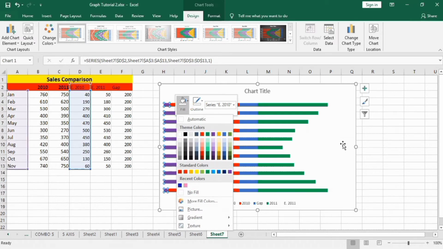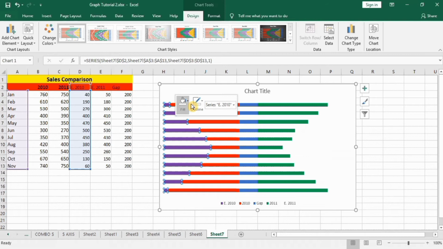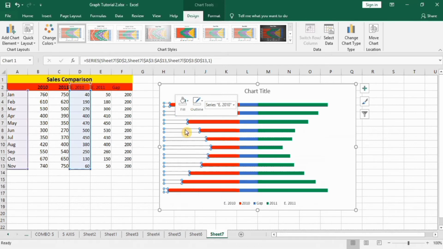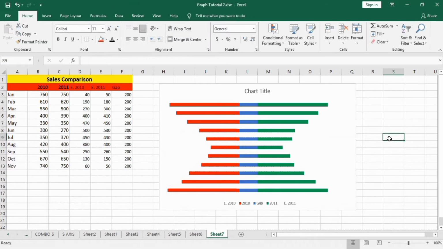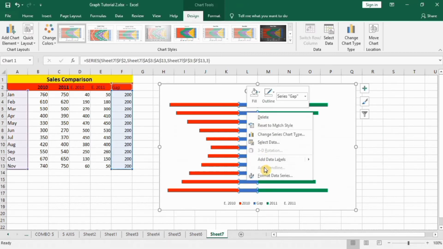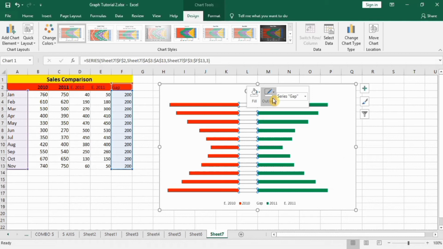Alternately, you can go to format data series and find similar options. Now I will select these gap values, right click, and select no fill and no outline.